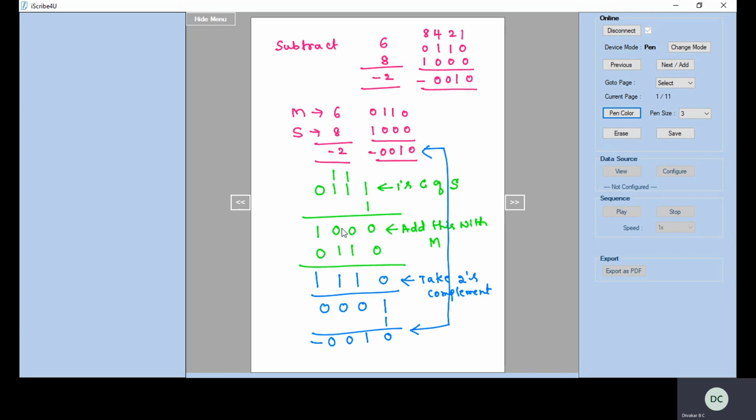So in case of 1's complement, there always exists a carry. Take the carry to the least significant bit and perform the addition. Whereas in case of 2's complement, if the carry exists, we discard the carry. And when the minuend is smaller than the subtrahend, for the result obtained, take the 2's complement of the number and put a negative sign in front of it.